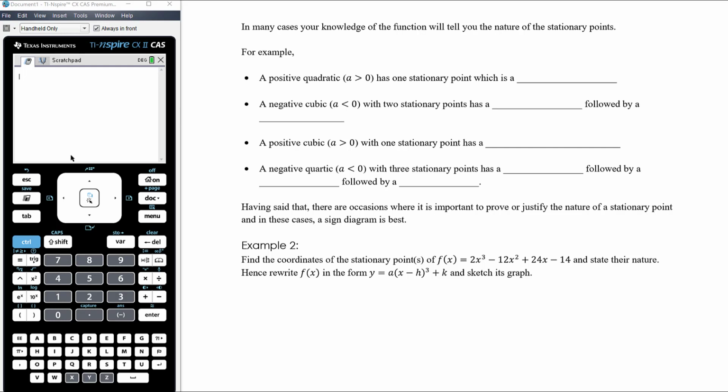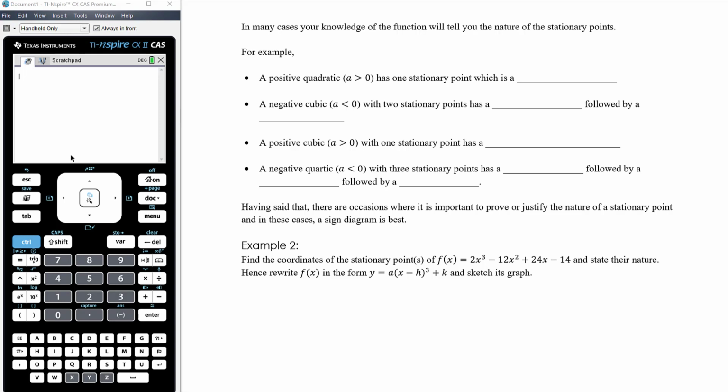There are situations where you need to verify what kind of stationary point you have, and there'll be functions where you actually don't know what the graph of that function looks like. So the only way to determine what kind of stationary point you have is to use a sign diagram. But as I said, in many cases, your knowledge of the function will tell you about the nature